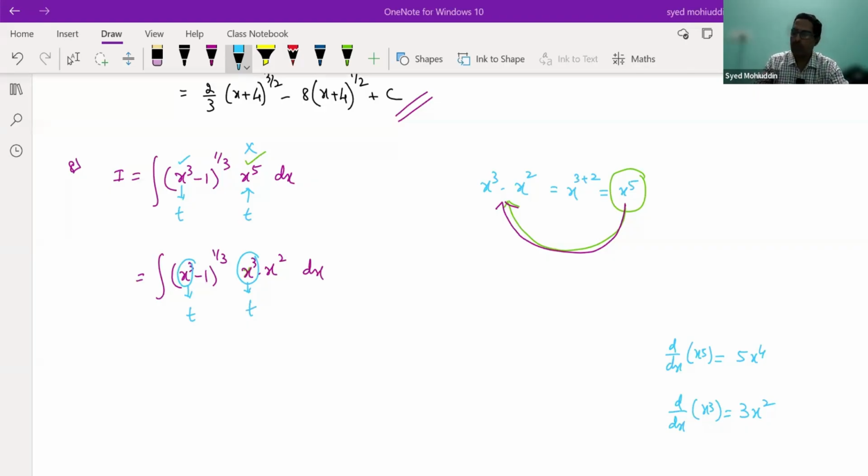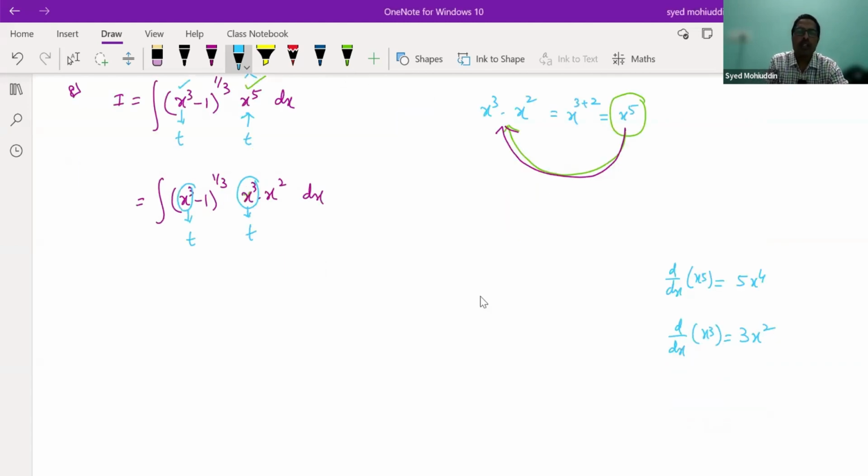So let me solve this one. First we have taken x cubed. Let us go ahead and try to take this value. So this is done. The next step is to put the value of x cubed to be t. If I differentiate this, the derivative of x cubed is 3x squared, so 3x squared dx is equal to